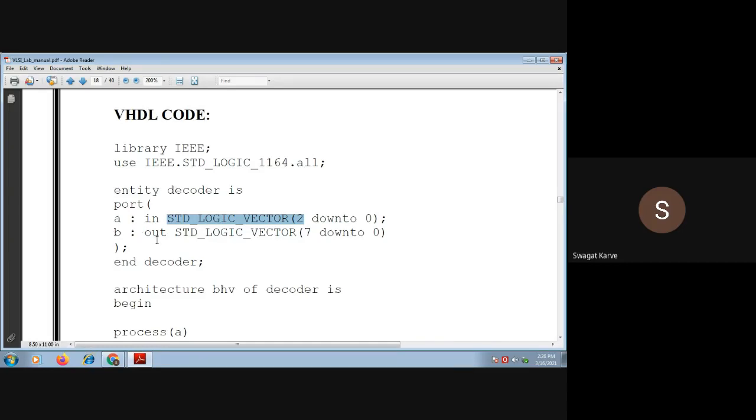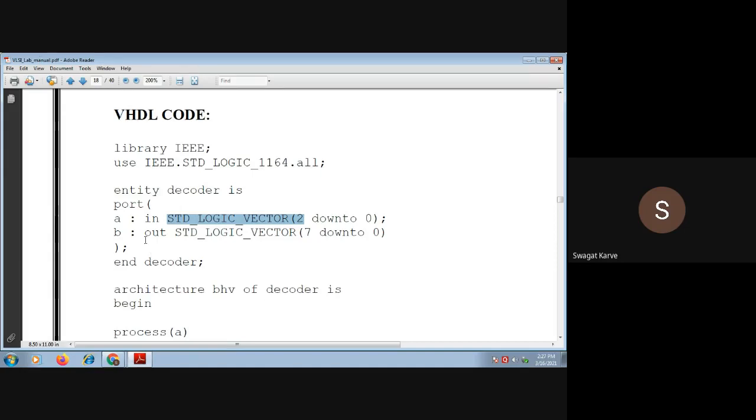That means every time you choose A1, A0 or A2, any 3-bit combination you choose, it will always transmit that data to only one output, as you have not defined multiple bits. To define multiple bits, you always use the standard logic vector type. Then and only then can you define more than 1-bit data.